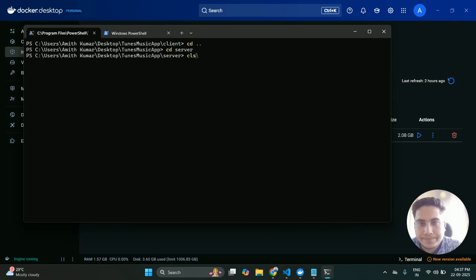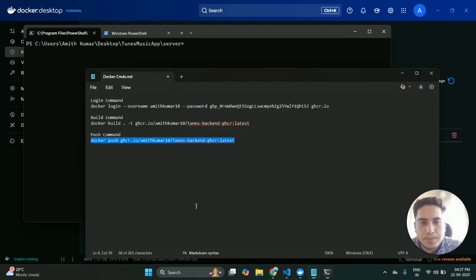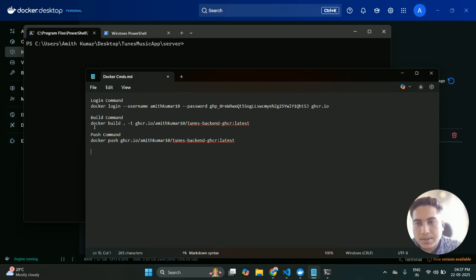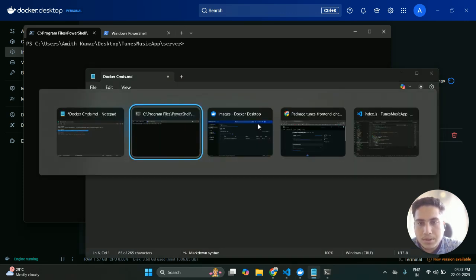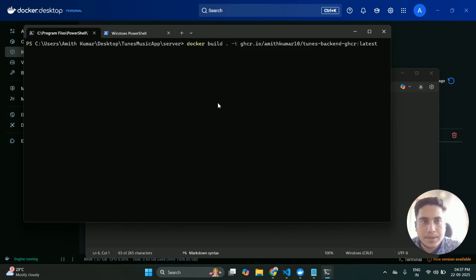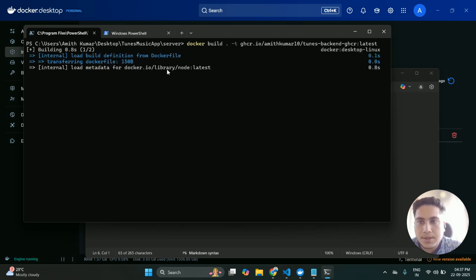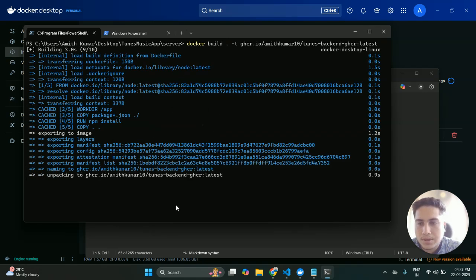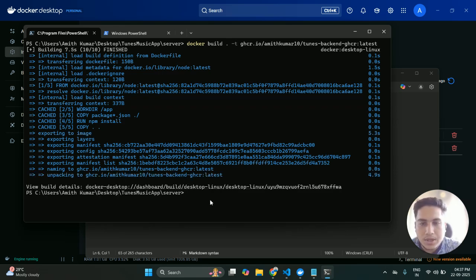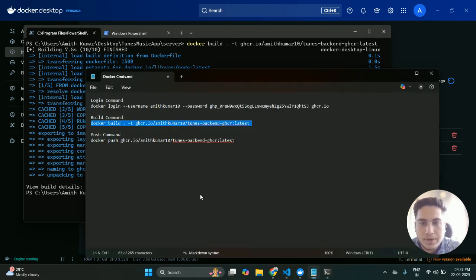So we'll go there, and then we need to build the image again, okay. Now in this case the commands are the same, so we'll copy this and we'll paste. It's correct, right? Everything is yes, and we'll hit enter, and again this will build, okay. Hopefully it will build fast, okay. So it has built, okay. Now we need to just push this, okay. So we'll push this,